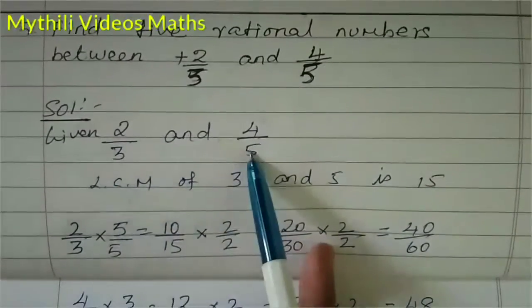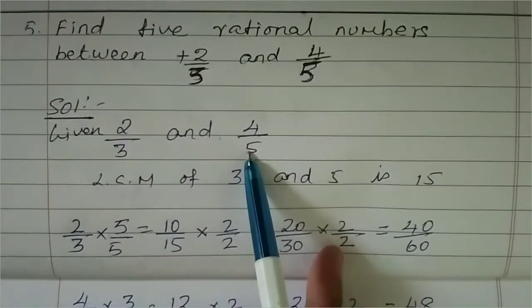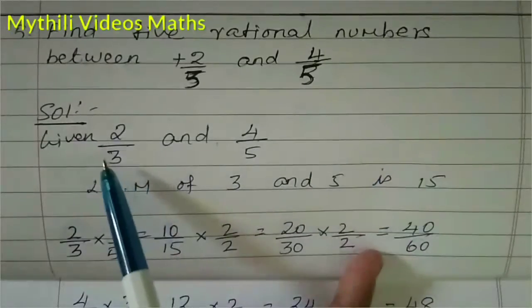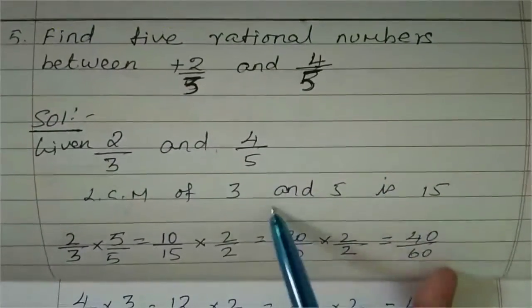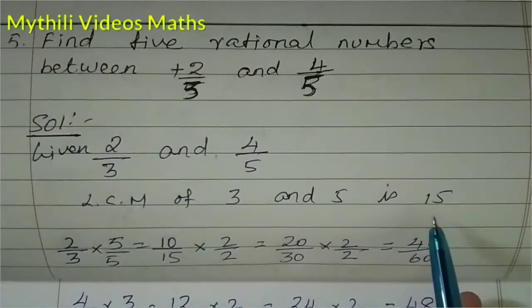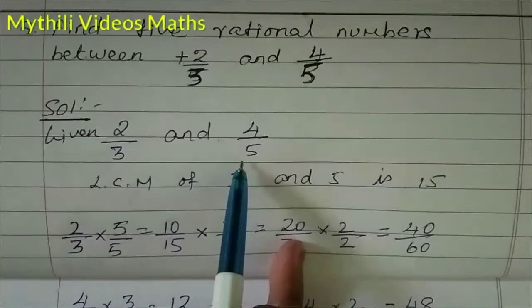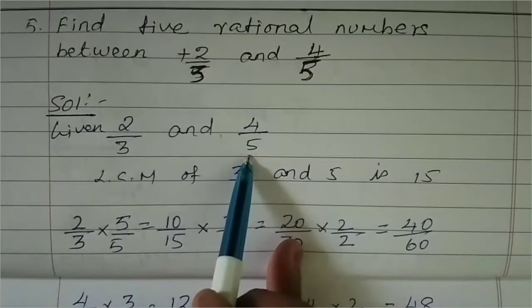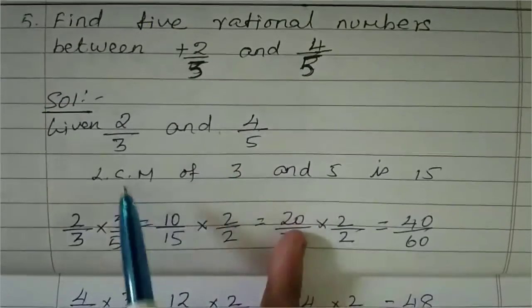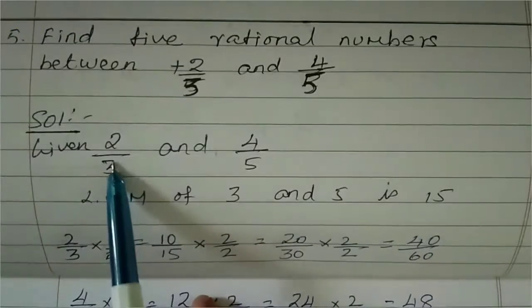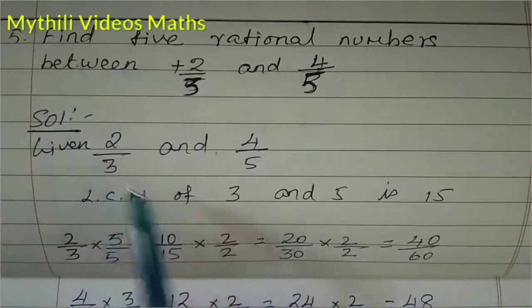Okay, see the denominator values, both the denominator values are different, so we have to take LCM of 3 and 5 as 15. 3 5s are 15. Just multiply that value and take. Now, the denominator value should be similar, then only we can compare the numbers. We can find out how many numbers are there in between. So here 2 by 3 is there, but we need 15. This denominator value should be 15.